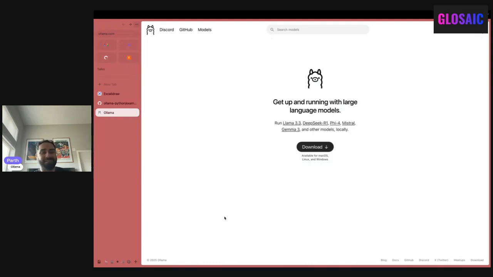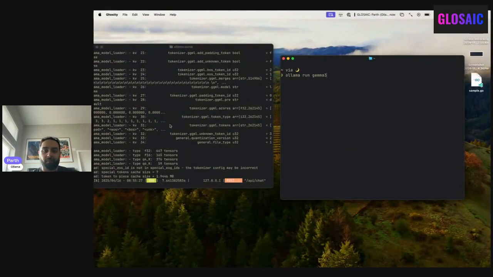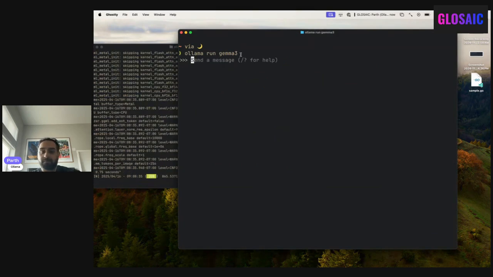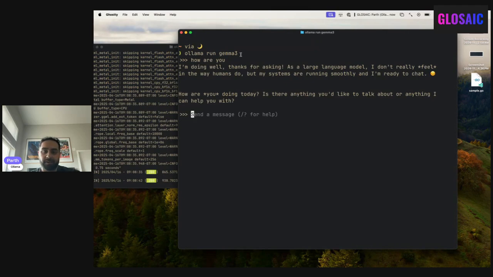Ollama is basically the easiest way to run large language models on your computer. I'll quickly show that around. I have Ollama running over here, and we also have a desktop app. Hopefully it's big enough. We recently released Gemma 3 along with Google. Just like any other large language model, you can just talk to it. So, how are you? Great. Tell me about